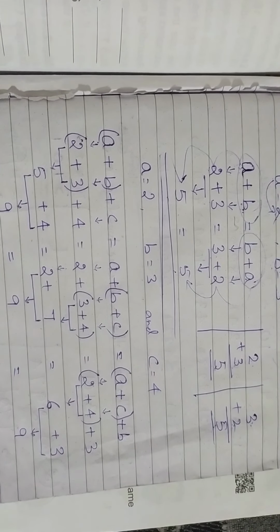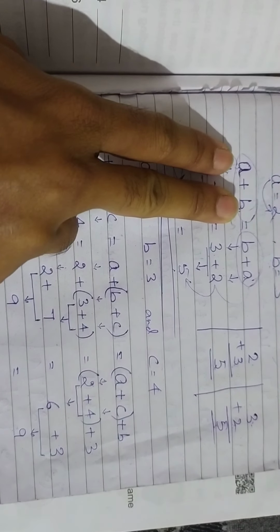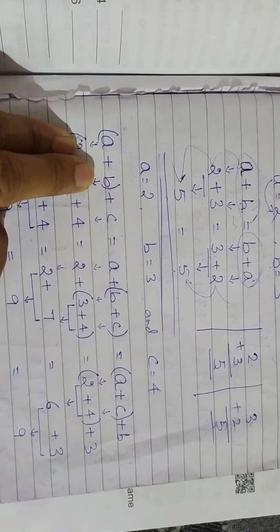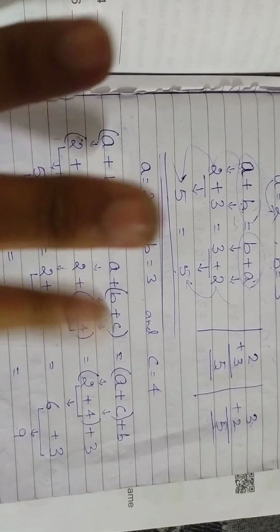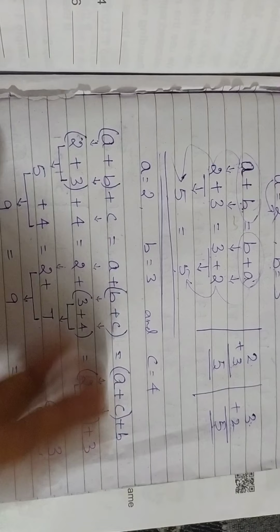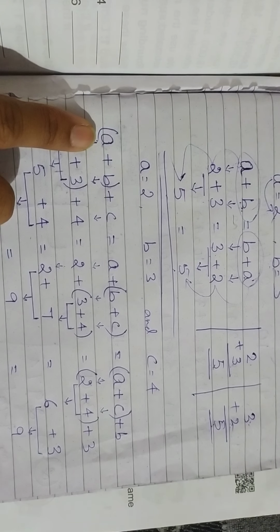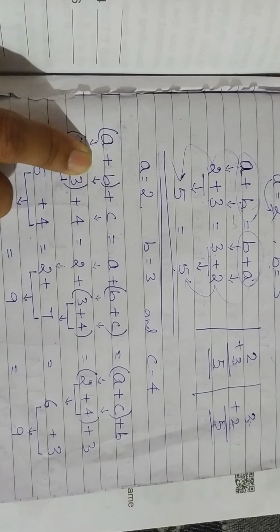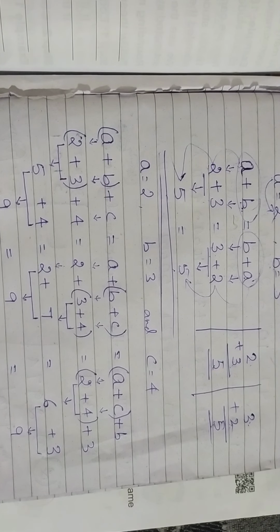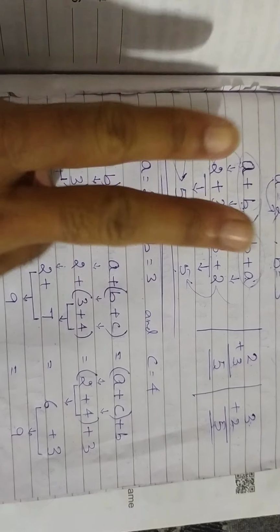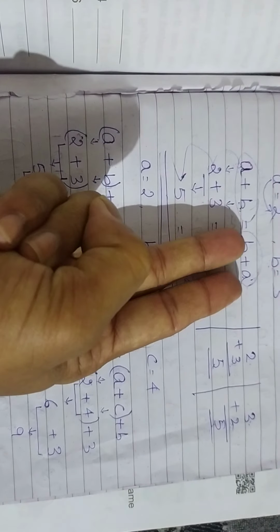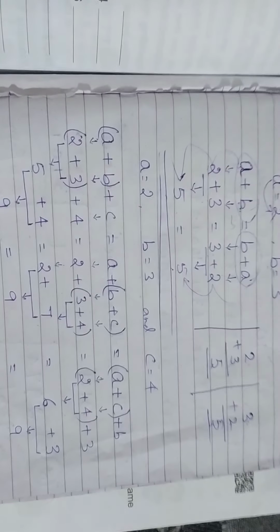For commutative property, we are just changing the two addends, A plus B, B plus A. Here in associative property, what are we doing? In associative property, we are taking three different letters, that is three different addends, and changing the order by grouping them. If you group using three numbers or three addends, that property is called associative property. If you take only two addends or two letters and interchange them, A to B as B to A, then it is called commutative property.